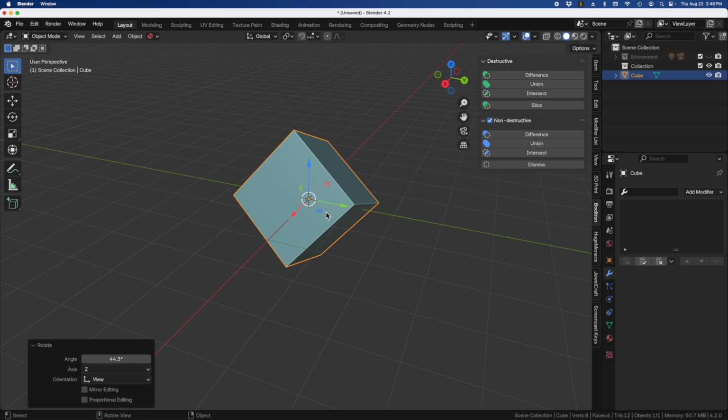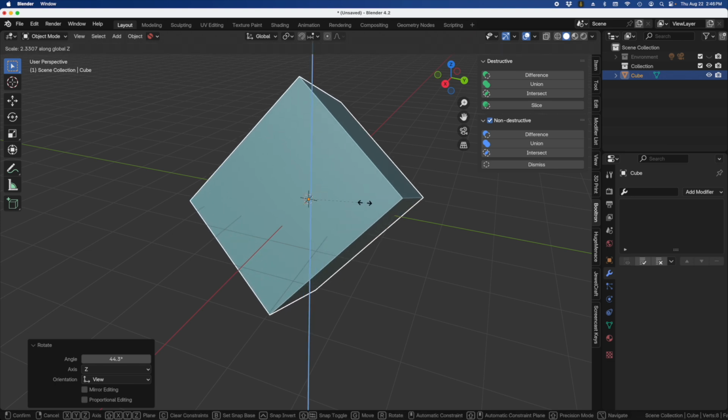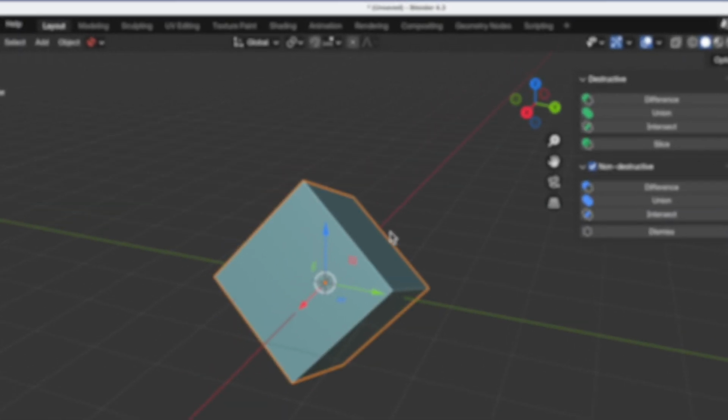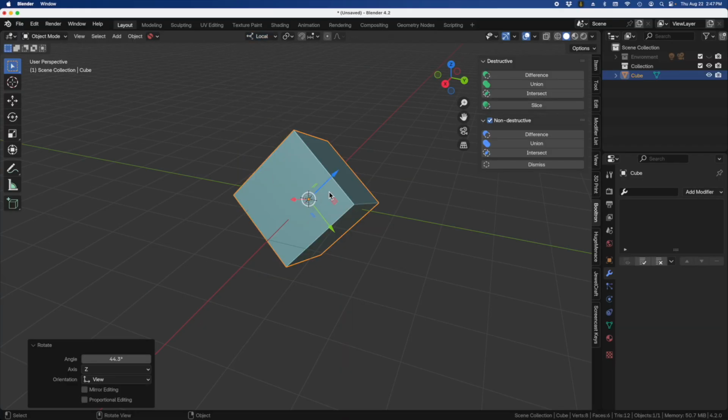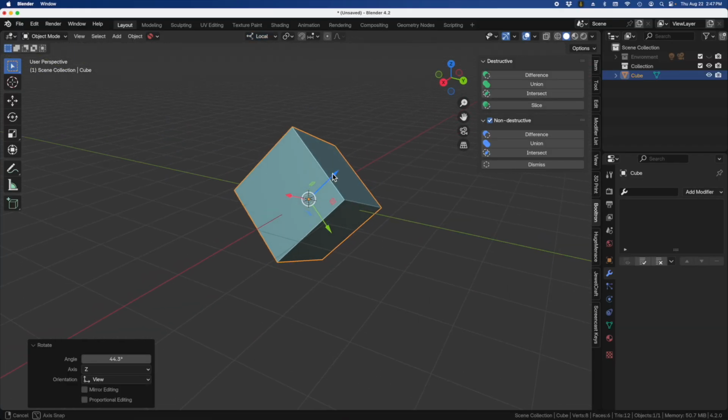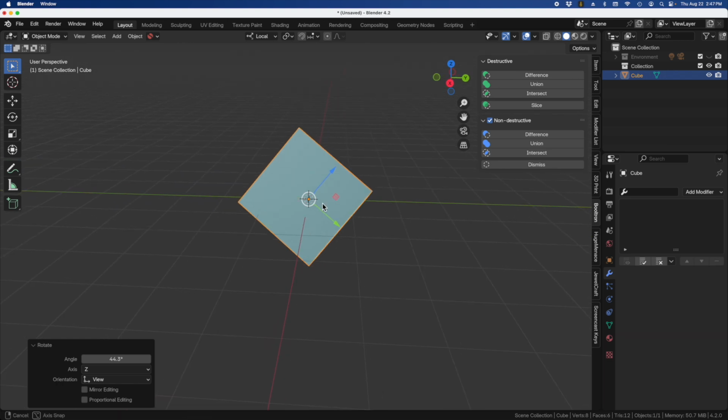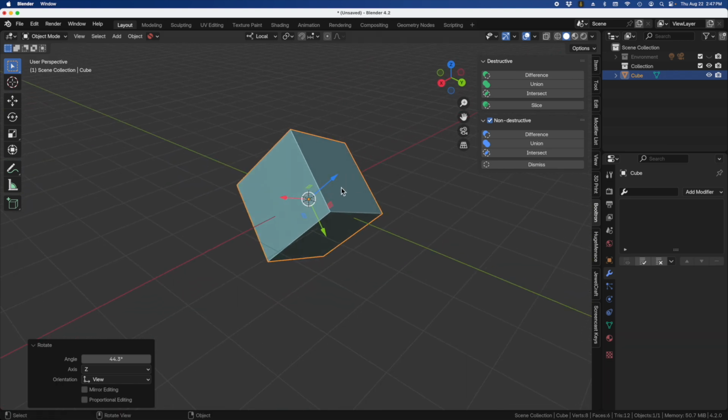If I hit S and then Z, you can see it's not going to do it. So what I'm going to do is come over to local, and we come over to where our orientation is. This is called transform orientations. And we're going to go from global to local. And now you can see that the lines are facing the correct directions according to the faces they are perpendicular to,